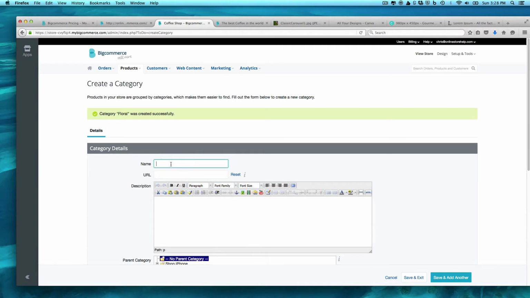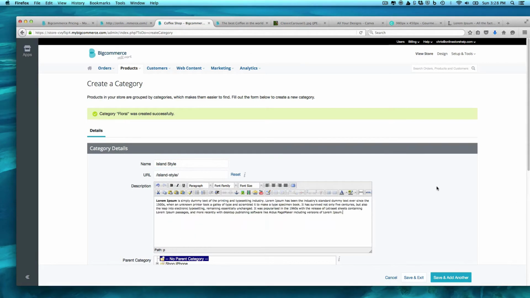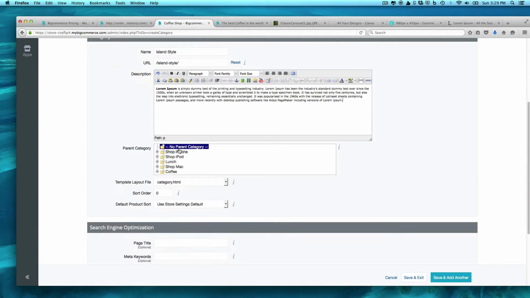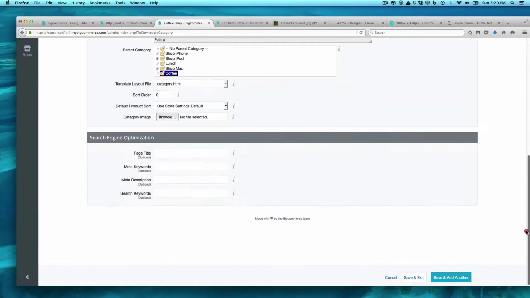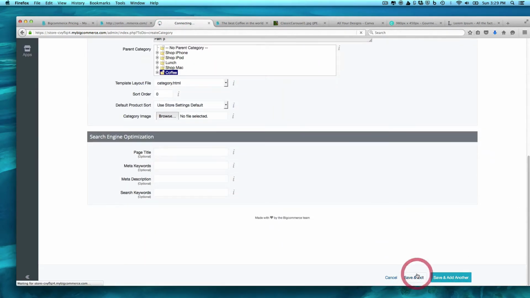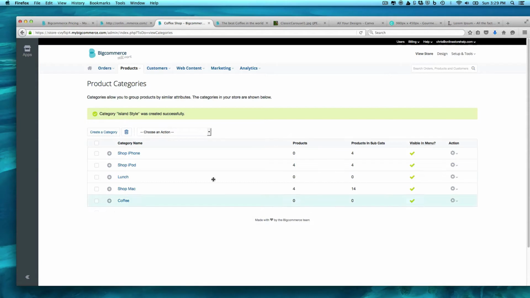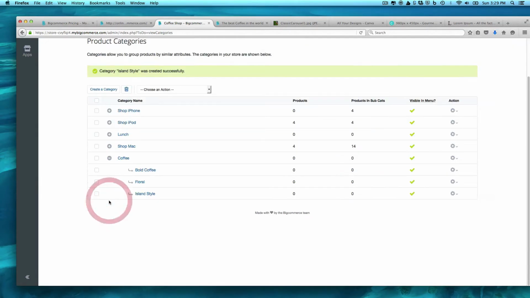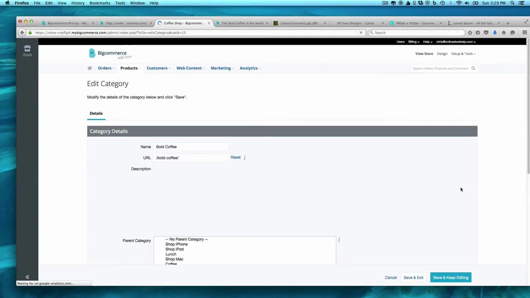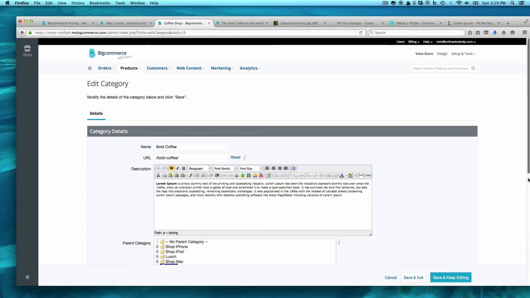And I'm going to do, again, this will be island style, lorem ipsum again, coffee again. I'm going to save and exit this. So what you're going to see here is we hit this little button and we have all of these various items on here now. So what I could actually do, right? What I could actually do